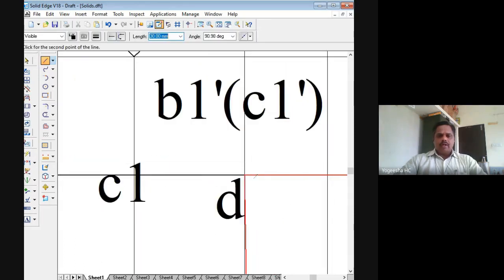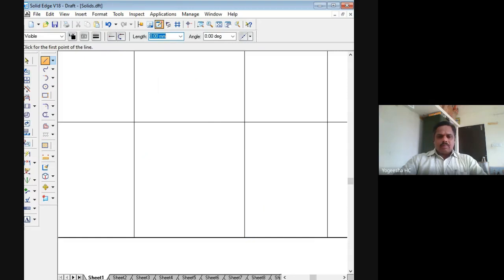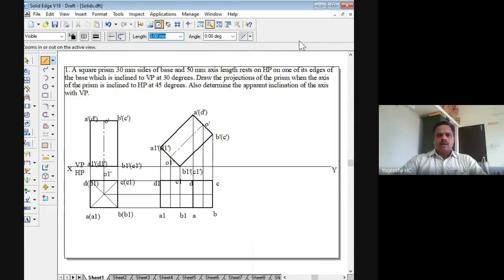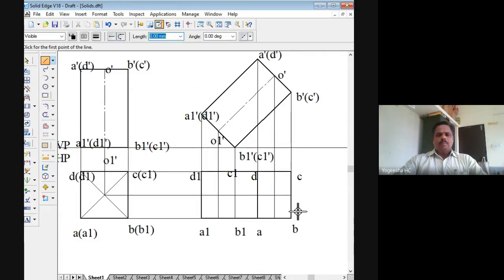So this is the point D. It is not marking. So I have not taken the point properly. Yeah, I have to take from the endpoint here to the endpoint here. All right. So this is a thick line. You can see that. What I have done is the visible edges I marked as thick. Here in the bottom surface, A1 D1 already it is thick. A1 B1 already it is thick. So C1 D1 already it is thick.